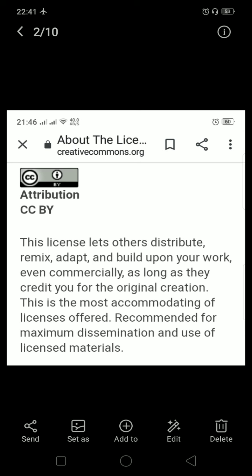Now what kind of 6 licenses are available? Each license gives different rights to the users to use your resource. Remember, your copyright is always there. You will always be the owner of the product, but you are giving free rights to the user to use it. Now see all 6 licenses and then decide what type of license you want to get.